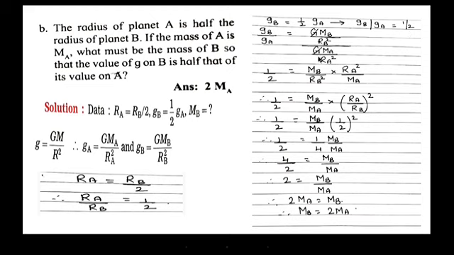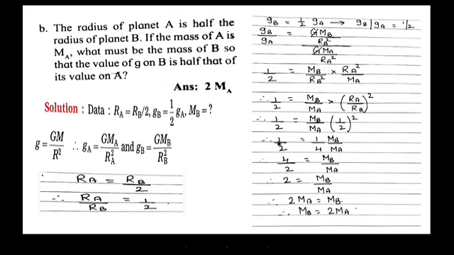So half is equal to the numerator mb upon Rb square and the denominator we take the reciprocal, so it becomes multiplied by Ra square upon ma. Okay, so Ra square upon Rb square we write separately and mb upon ma we write separately. Okay, so rearranging the terms, we have half is equal to mb upon ma into half square because Ra upon Rb is equal to half. So half square is 1 upon 4. So we have half is equal to 1 upon 4 mb upon ma.